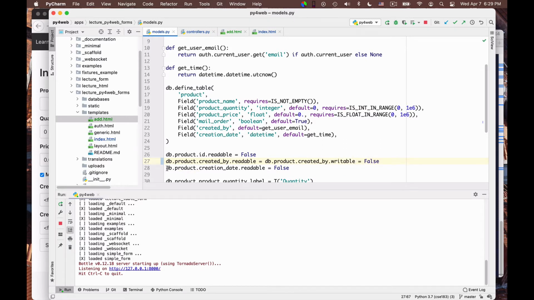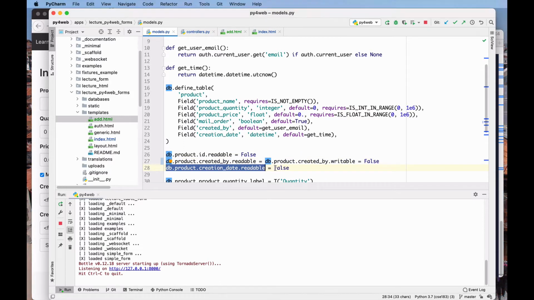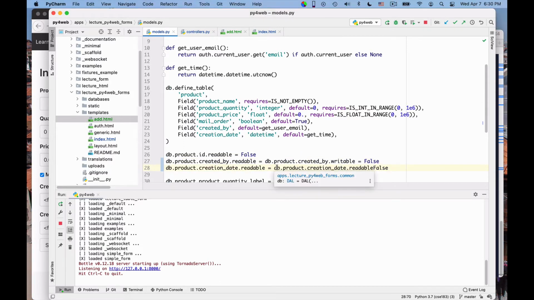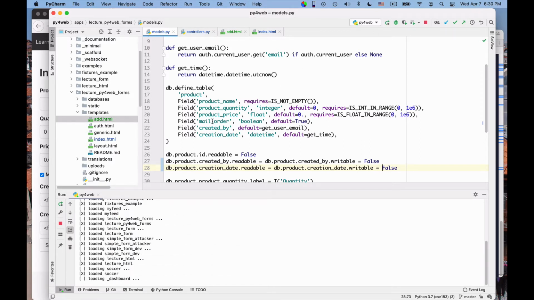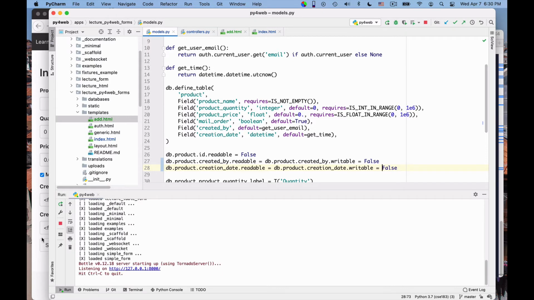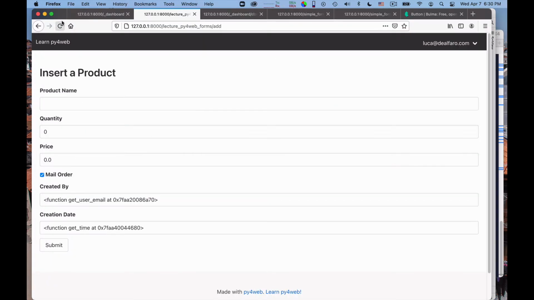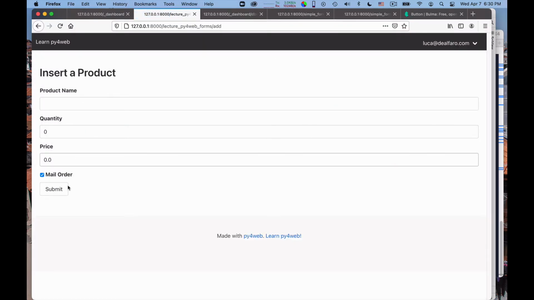And likewise for this one, I also wanted to prevent it. Okay, so let's see whether this manages to actually remove that from the form. Yes, so this is a better looking form, okay?